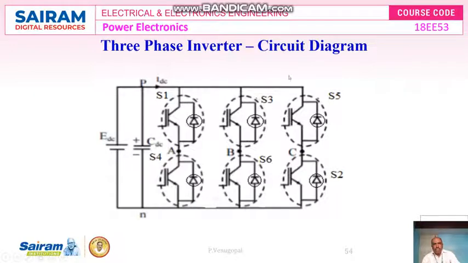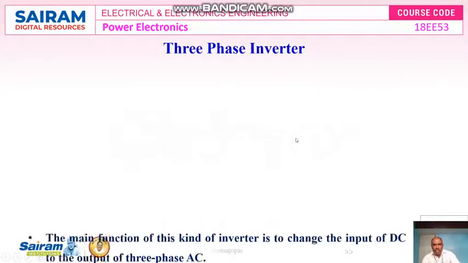And moving on to the three-phase inverter. Here three single phases are used to construct the three-phase bridge inverter, but the number of switches used in the single-phase inverter is 4, while here you are observing two switches per arm. So 50% of the switches are reduced in the three-phase inverter circuit, and this is connected to the DC source as shown in the figure. That is what you are observing here.